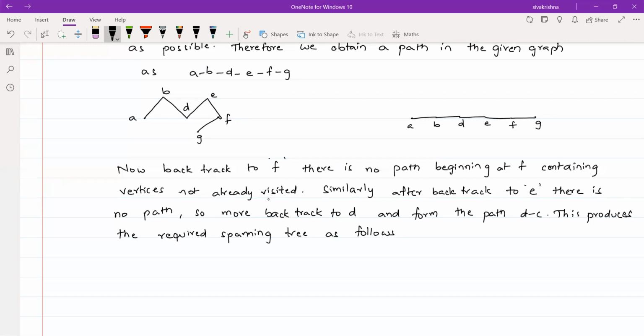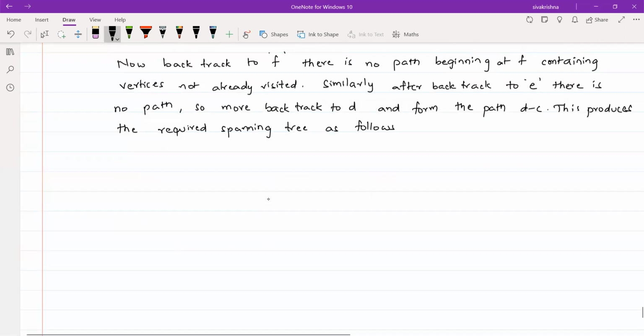Okay. So now I am drawing the path once again. So we have started at A. So we reached small b, and after that we reached D, and after that we reached E, E to F, and F to G. This is the first path we have drawn: A, B, D, E, F, and G. So we have stopped at G, because if you continue to draw a path from G to D, we get a cycle. So that I have stopped at G.